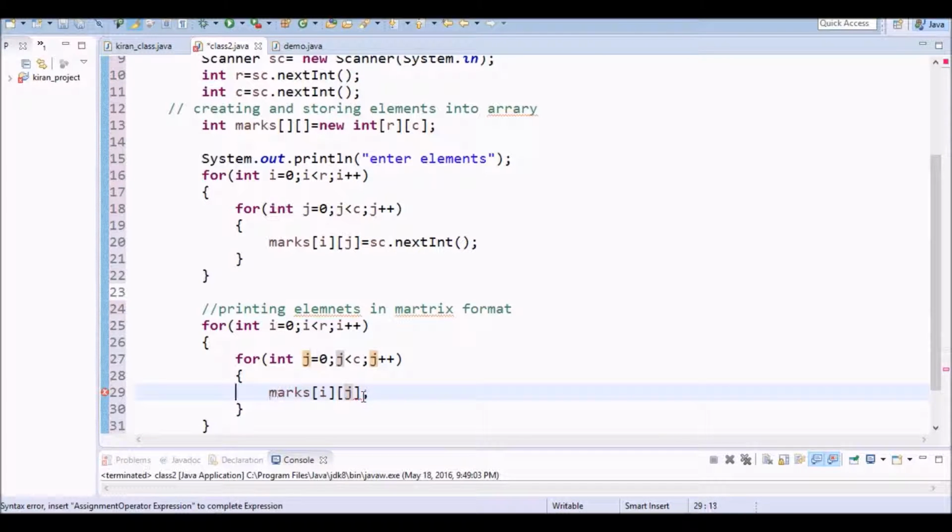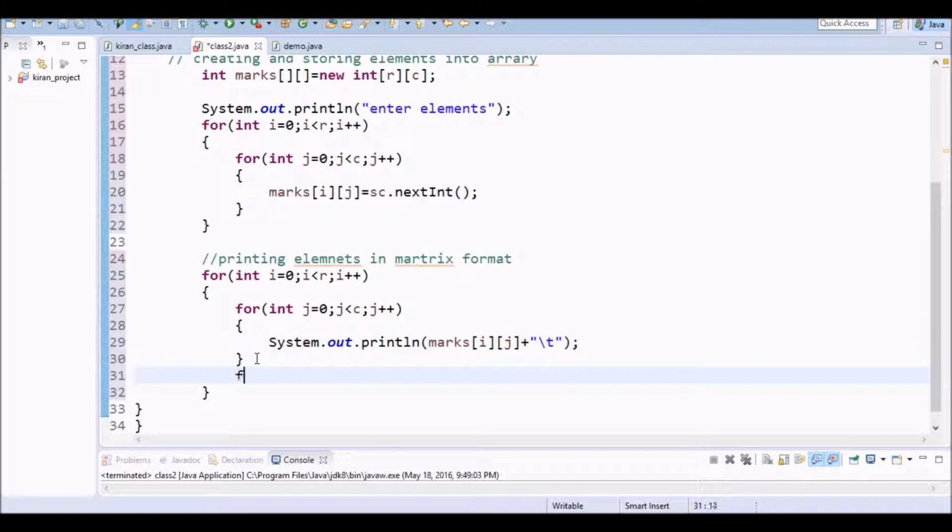System.out.println, I am using just this variable. After that, plus some spacing.